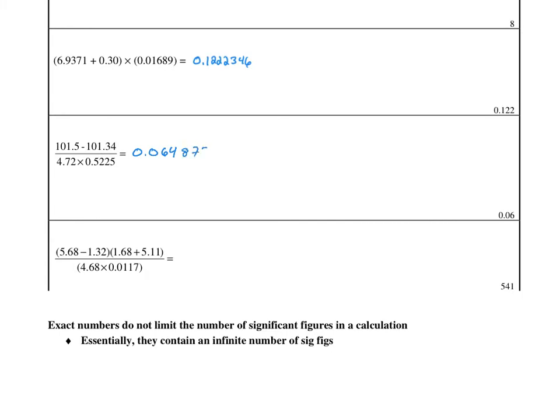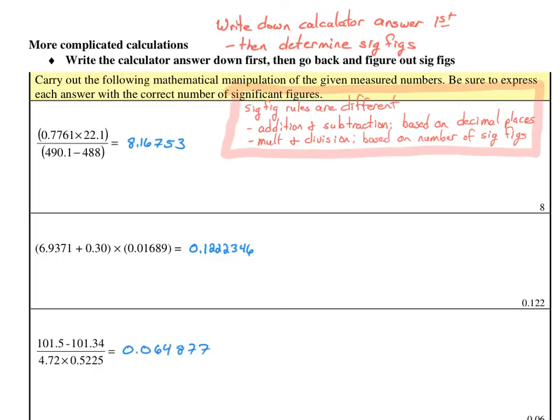8, 7, 7, 540.6604. And a reminder before we get started that sig fig rules are different based on whether you're doing addition,